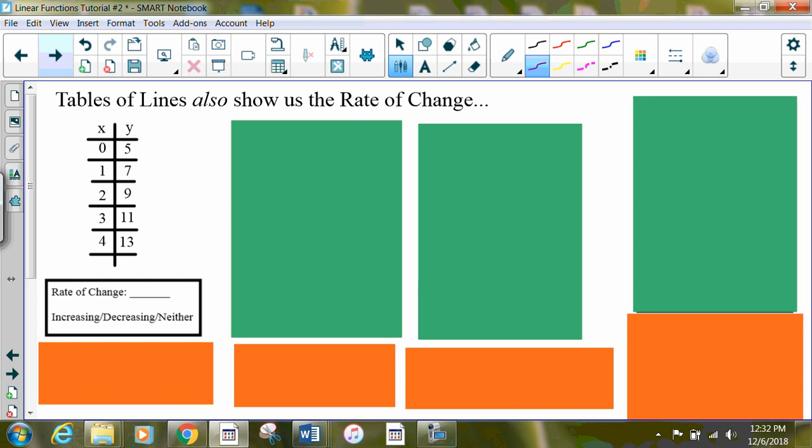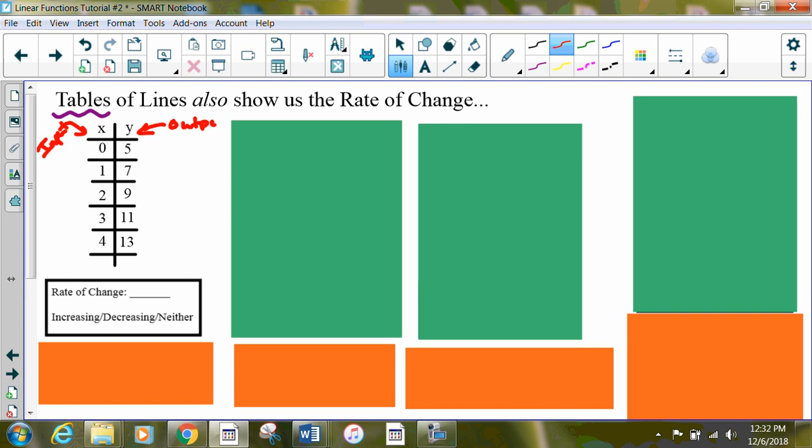All right, so tables. I'm going to put the emphasis on tables. Tables of lines also show us the rate of change. So let's look at the first table that's on your sheet. When I look at this table, I'm going, this is interesting. I'm going to look at the X part. Now the X part of a table, these are the input numbers. So let's remind ourselves that X is the input. That means we can put anything in for X, but our answer is the output, which is the Y part